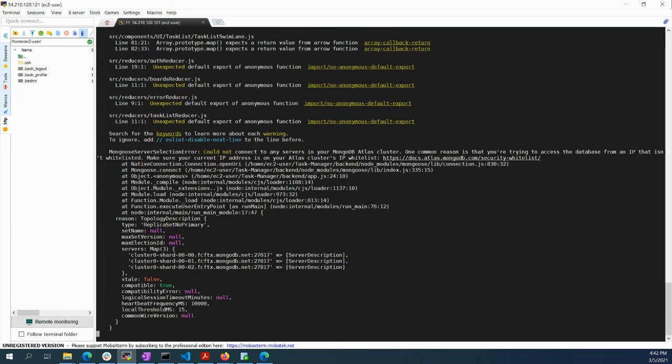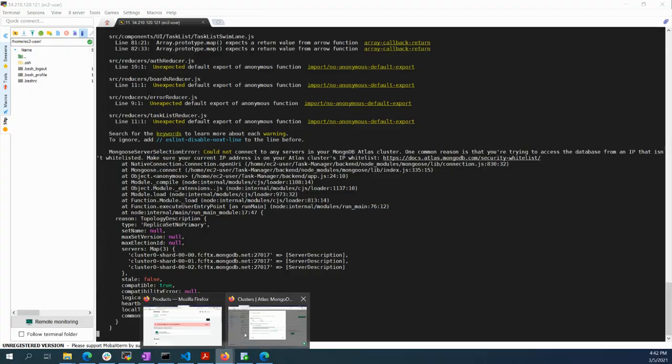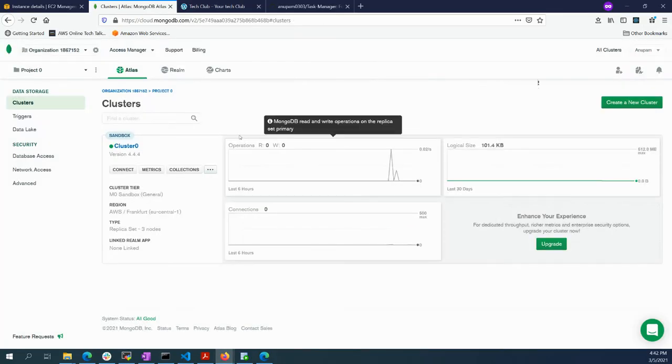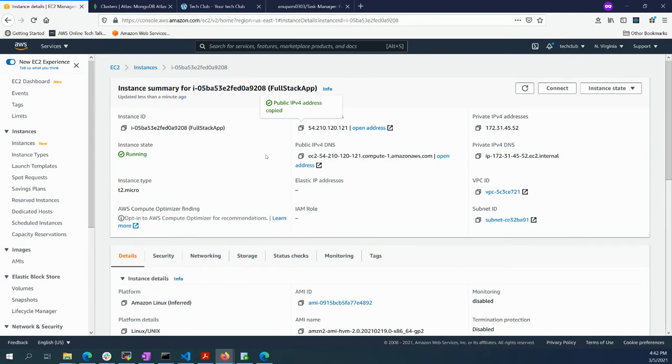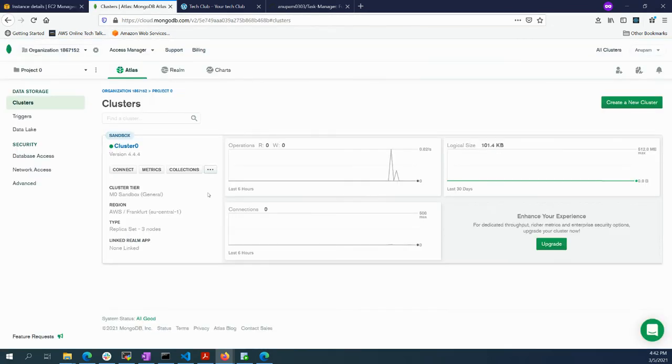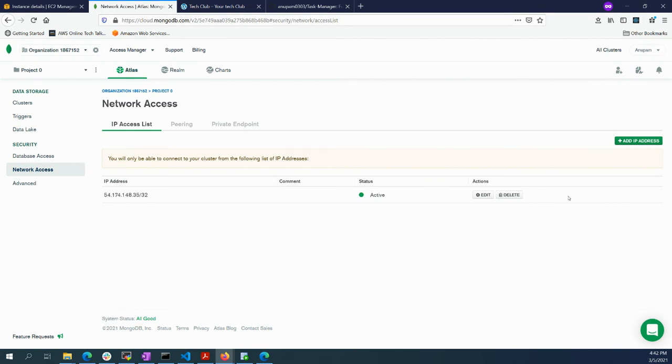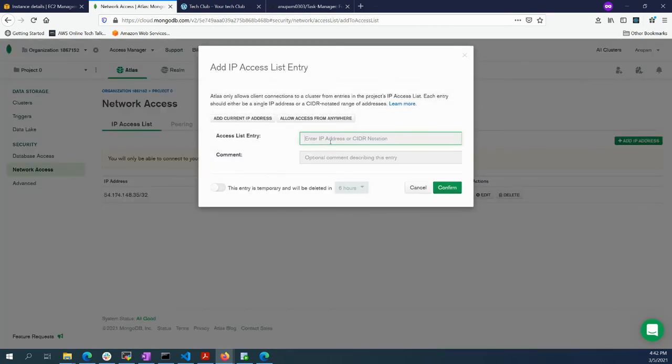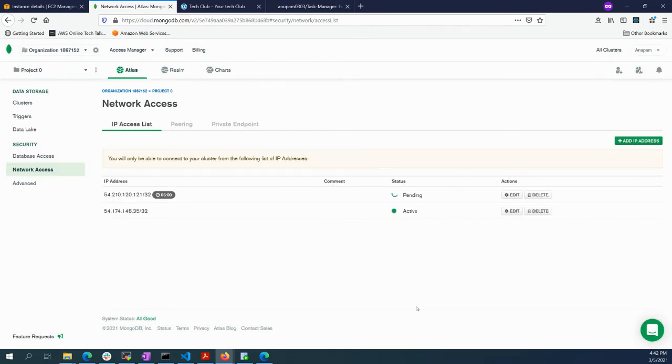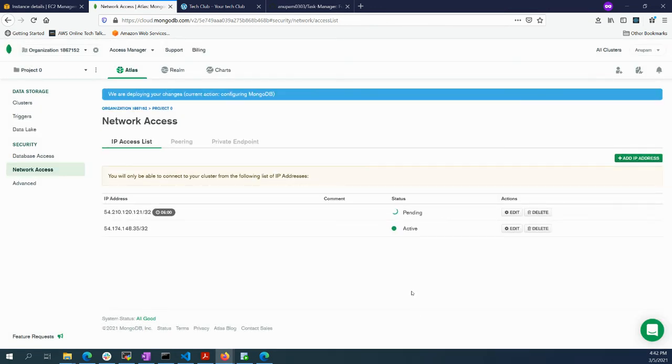Yes, now you could see that there is this error that we are not able to connect to MongoDB. For this, what we need to do is grab our IP address again, because from this IP address we want to access our database. Then we can go to network access, and then we can add one IP address, and I will paste this IP address there. Because this is temporary, I am just doing it so that it will be disabled after 6 hours. Confirming it. Once it is active,